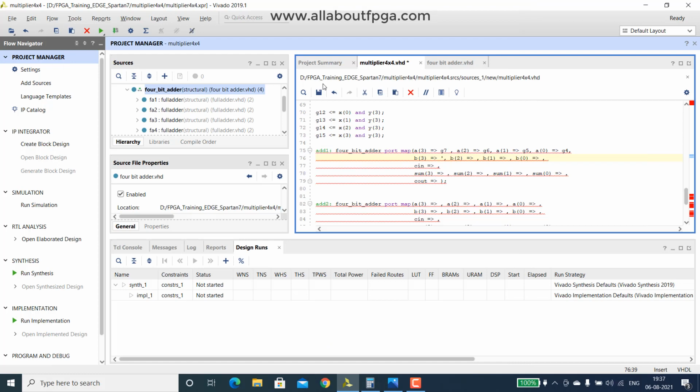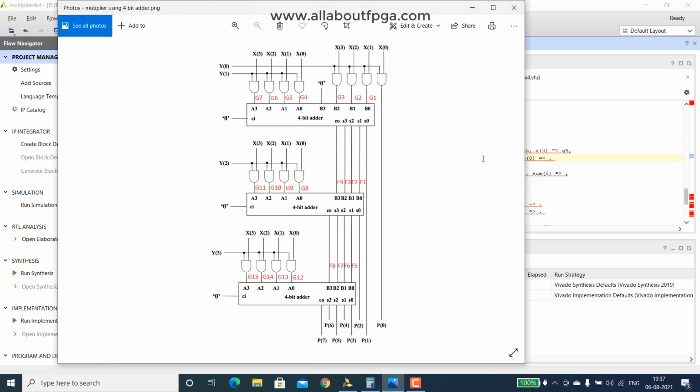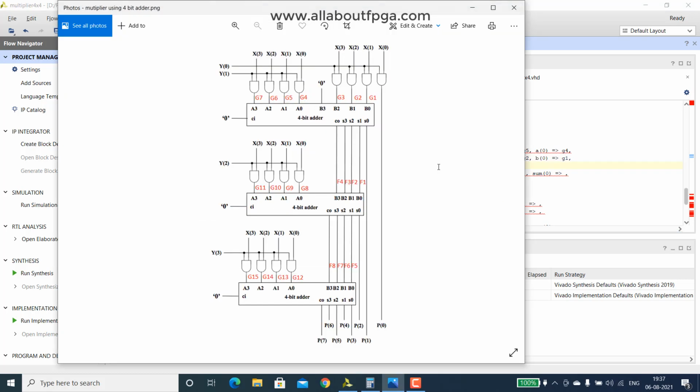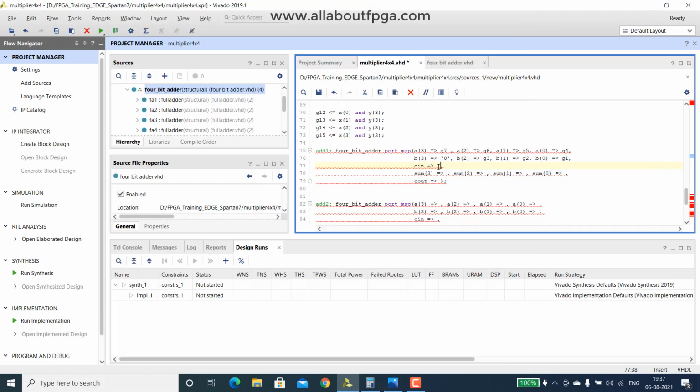So we assign a single bit 0, and then we have G3, G2 and G1. Okay, right. Next we have a carry. So we don't have any carry, simply we assign a constant 0.